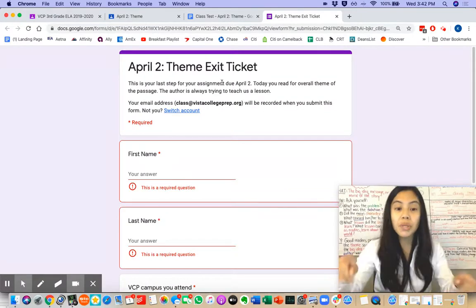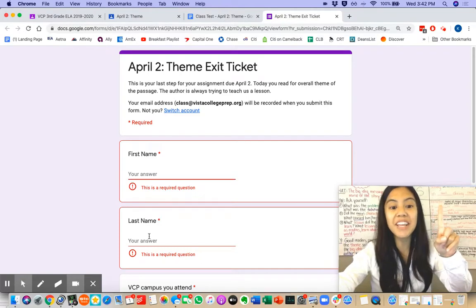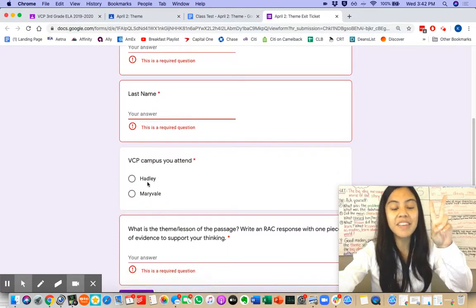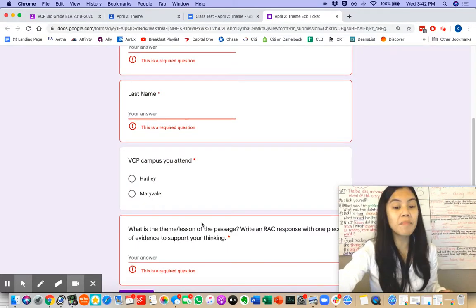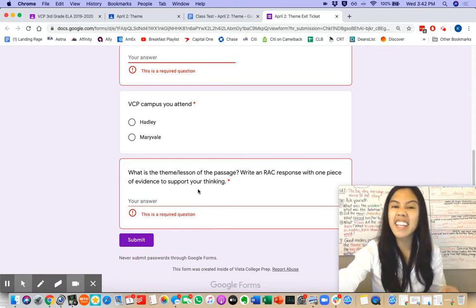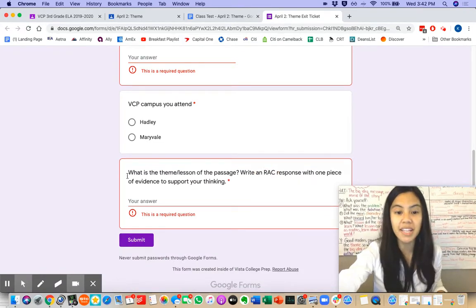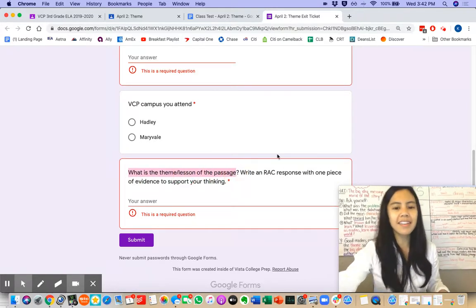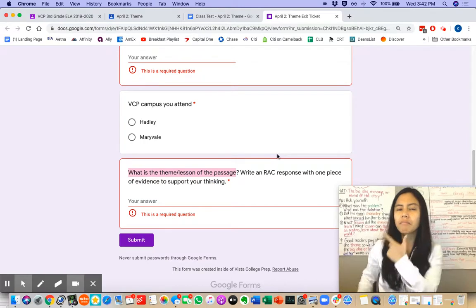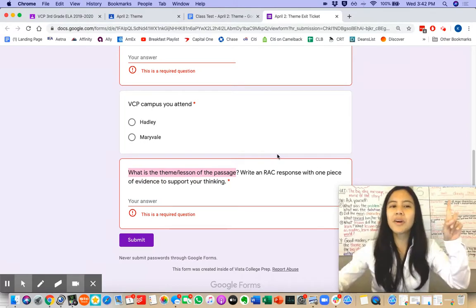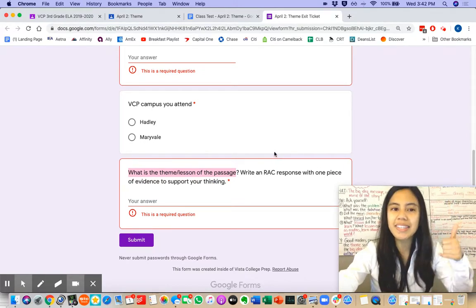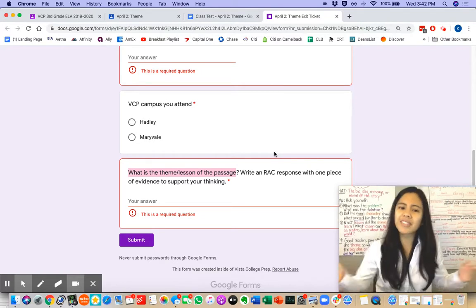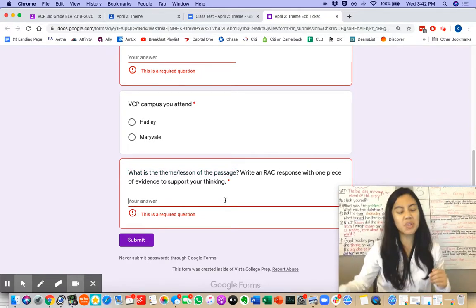Readers, you will write your first name, last name, if you go to Hadley or Maryvale, and answer this question in a RACE response. What is the theme or lesson of this passage? I know we can look at our resources, but how would I start my answer in a RACE response?